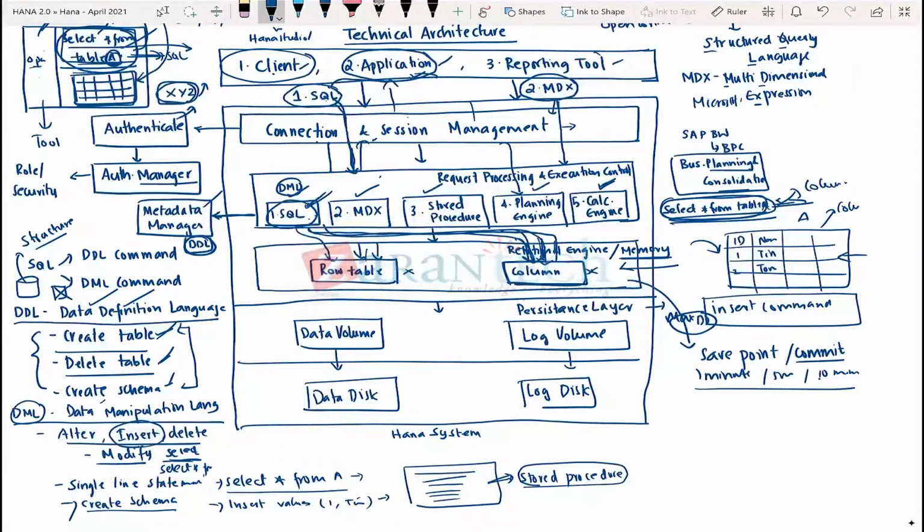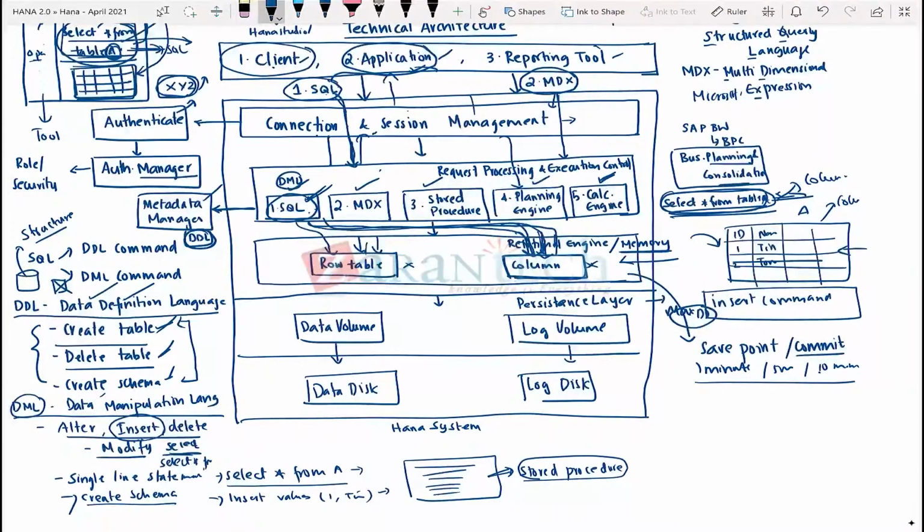It will have some kind of configuration saying that every 1 minute, figure out what changes have happened to a row table or a column table. If a new entry came in, or an entry got deleted, somebody wrote a delete statement and deleted this record called Tom, anytime in that 1 minute time period, whatever changes happen, take that and write it into this data volume. So the data volume will contain all the data changes information